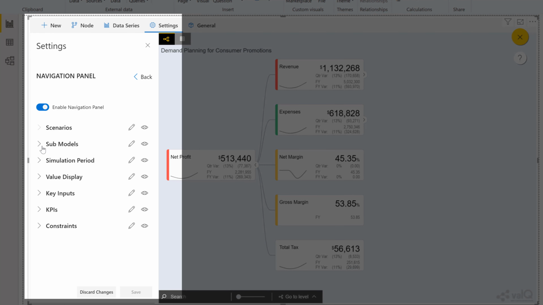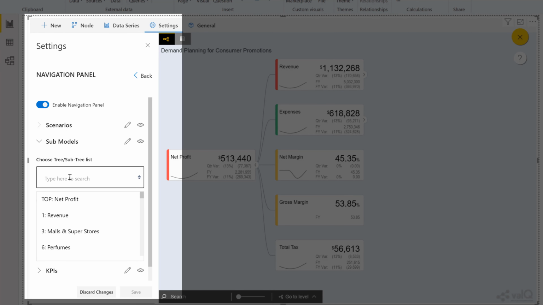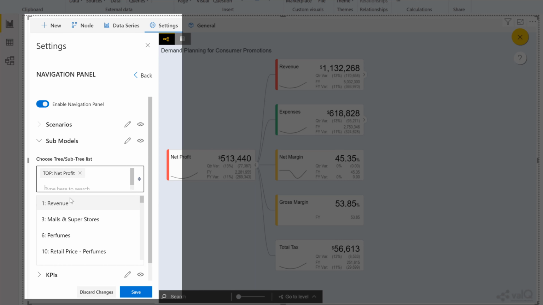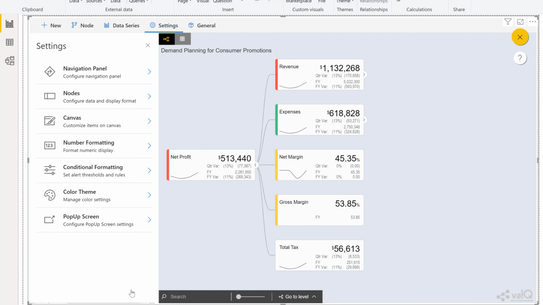We go to settings, navigation panel, submodels. Let's put in all the submodels that we want. To begin with, my top node and my product categories or product groups, because I want to directly jump onto that relationship or the tree structure from where I want to start my simulation. I also will get expenses here in case I want to have any changes, impact, or do a what if analysis on the COGS part or partner incentive.